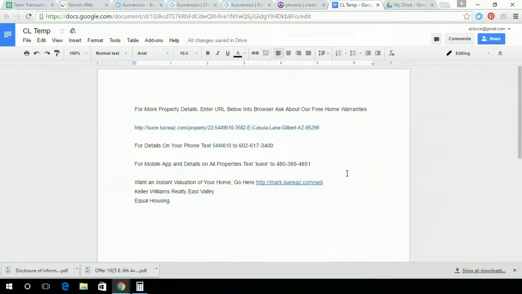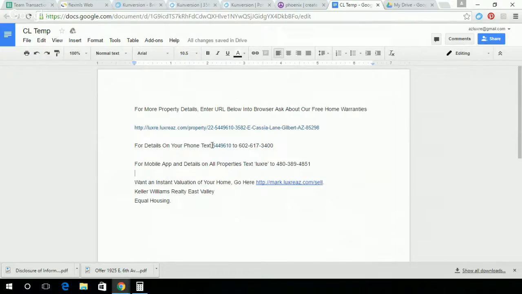Okay, let's talk a little bit about this template now. On this template, we have to use something like "enter your URL below." You cannot use copy and paste. It shall be flagged and you'll be deleted. Okay, this link, even though it's showing blue, it can't be a clickable link, so you can't go in and hyperlink it. This will just make it black, but if you go and hyperlink it, it will be flagged and deleted.